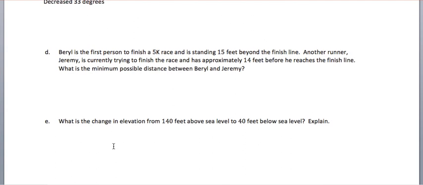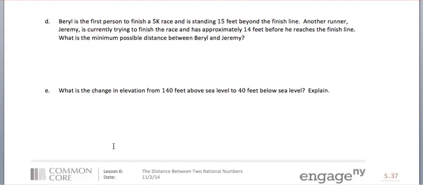Part D. Beryl is the first person to finish a 5K race and is standing 15 feet beyond the finish line. Another runner, Jeremy, is currently trying to finish the race and has approximately 14 feet before he finishes the finish line. What is the minimum possible distance between Beryl and Jeremy? Again, this is a distance problem, so we'll set it up with Beryl, who is 15 feet beyond the finish line,